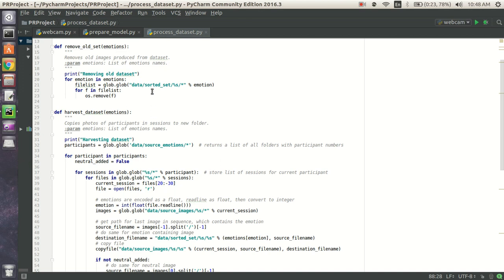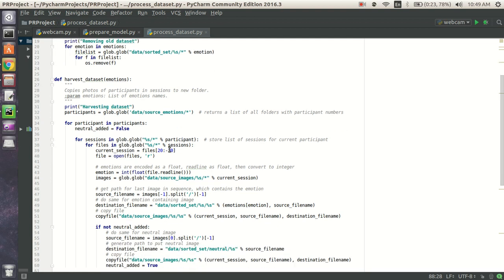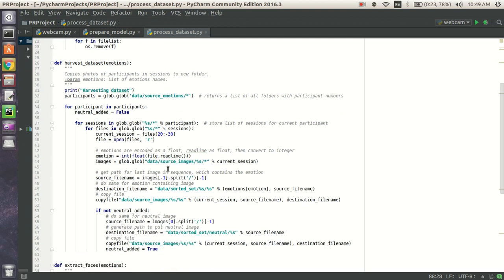Now here, as observed before, we process the data set. This piece of code here is exactly what we do. We create two folders, source_emotion and source_images. The first folder consists of all the emotion labels in a textual format, and this folder here consists of all the images which display the corresponding